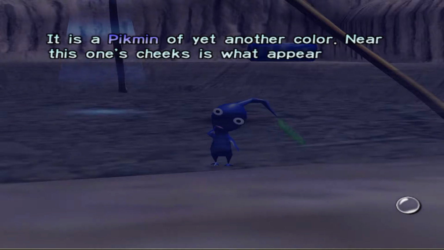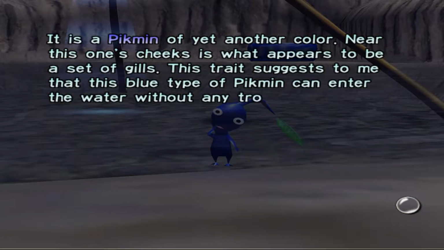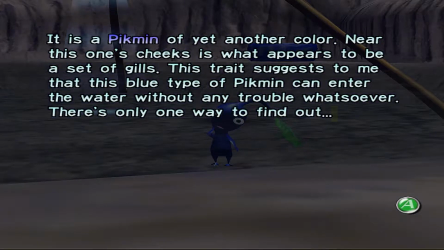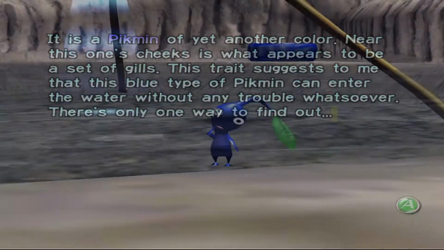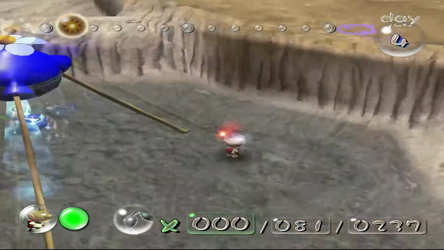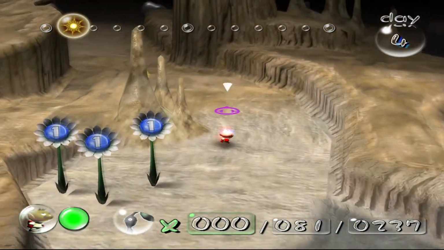It is a Pikmin of yet another color. Near this one's cheeks is what appears to be a set of gills. This trait suggests to me that this blue type of Pikmin can enter the water without any trouble whatsoever. There's only one way to find out. Well, I mean, it's in water when you find it, Olimar. But, as I was saying...